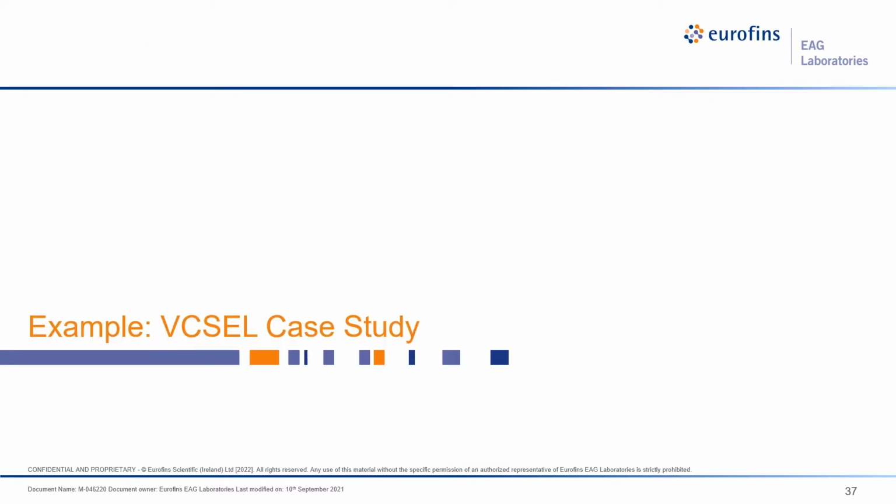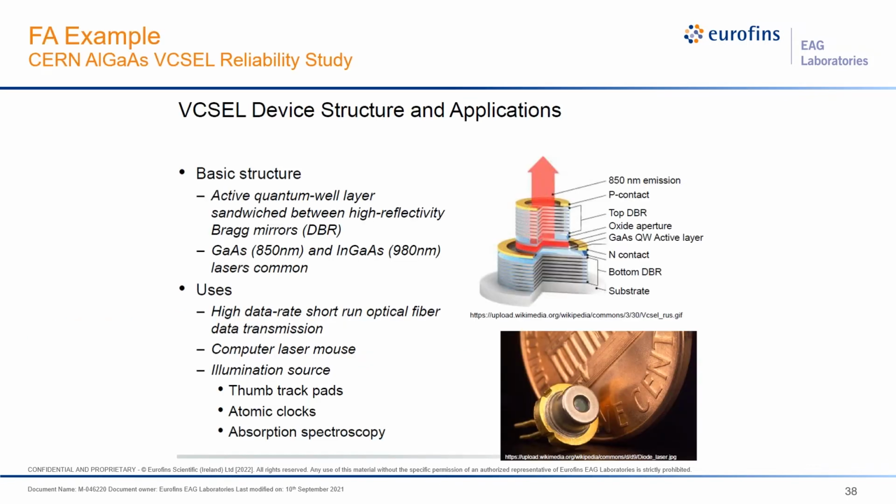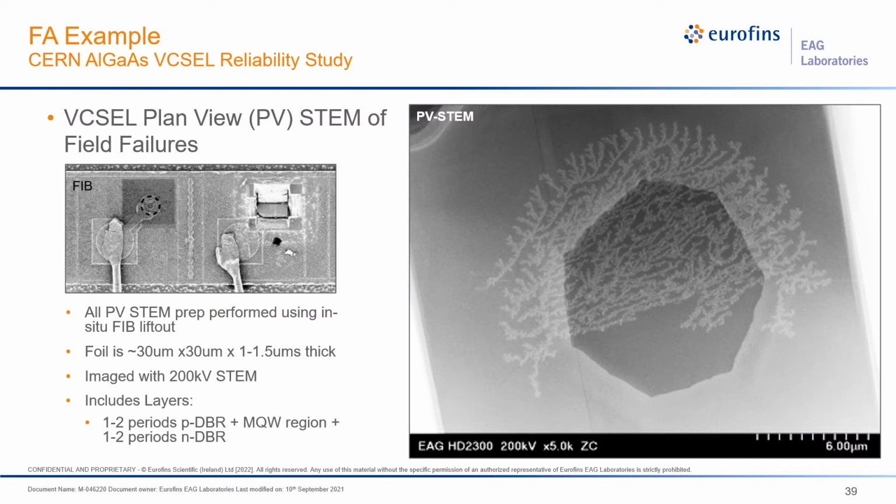Now, the second one is a VCSEL failure analysis, right? If you want to know more about VCSEL, there's plenty of Wikipedia introduction, but it is widely used in industry these days: facial recognition, 3D printing, and even your optical mouse. There's plenty of applications. In this case, it is CERN, the big gigantic accelerator in Europe, and they have a VCSEL failure analysis